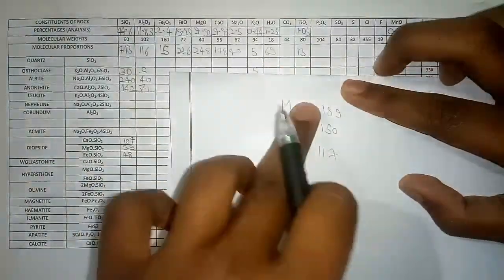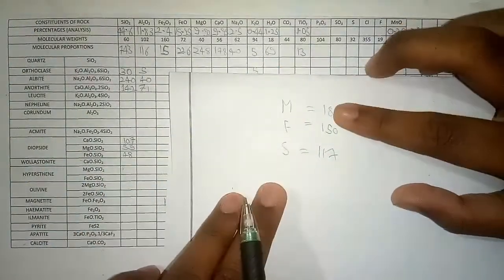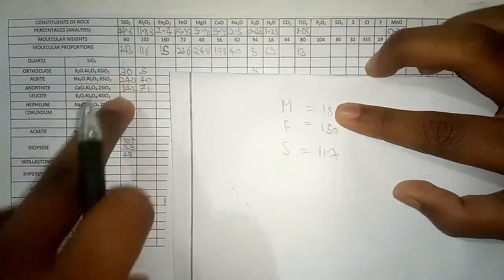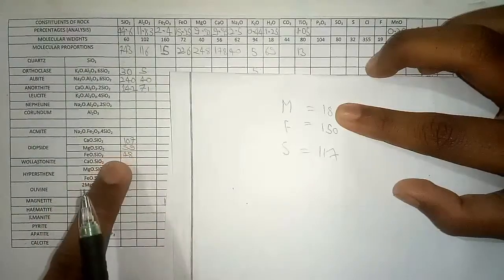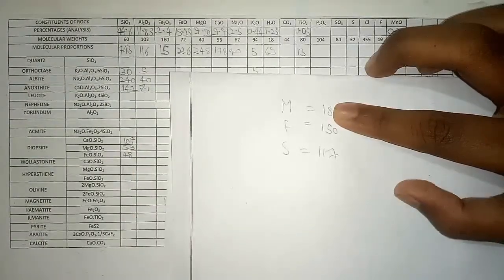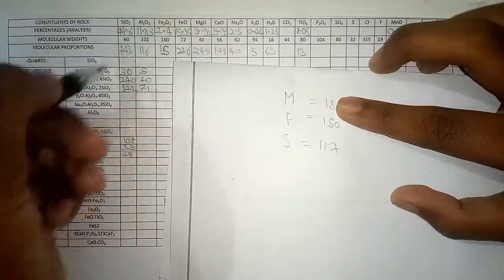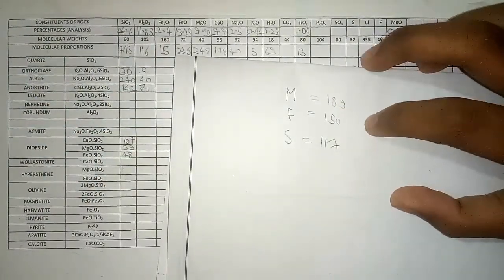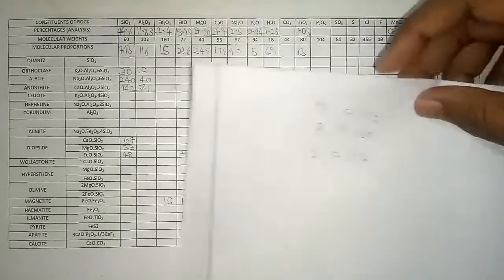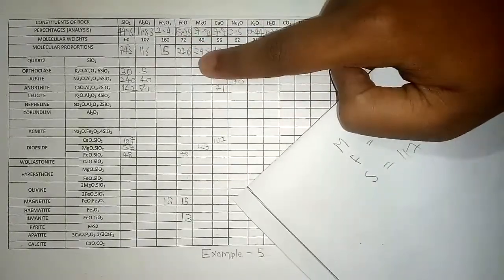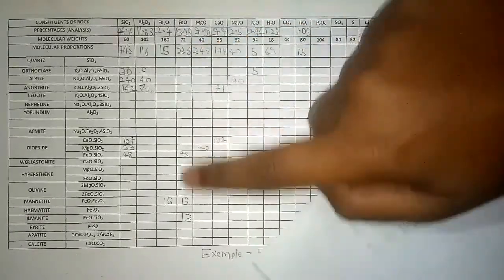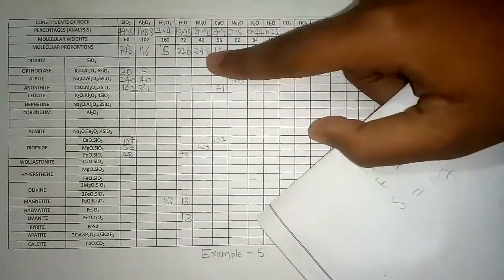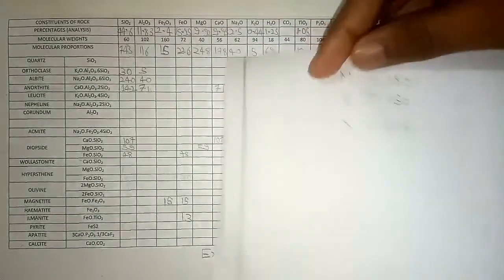So now we will calculate how much m, f and s we have. So s is 743 minus 30 minus 240 minus 142 minus 107 minus 59 minus 48, right? Everything is clear. So 743 minus all these will be equal to 117. So we have 117 silica. After this, we have to check FeO: 226 minus 48 minus 15 minus 13, which is equal to 150. And MgO is 248 minus 59, that is 189.